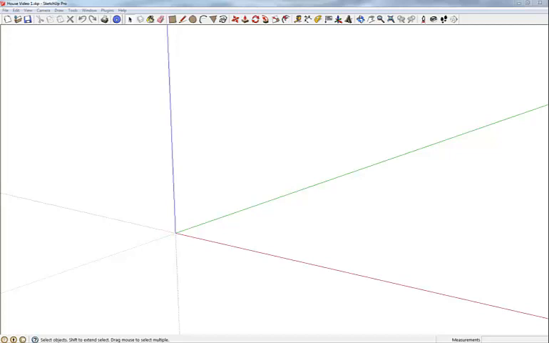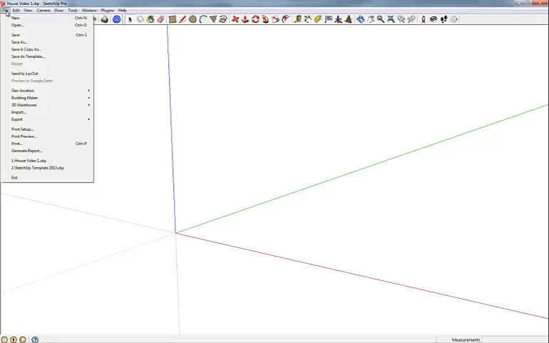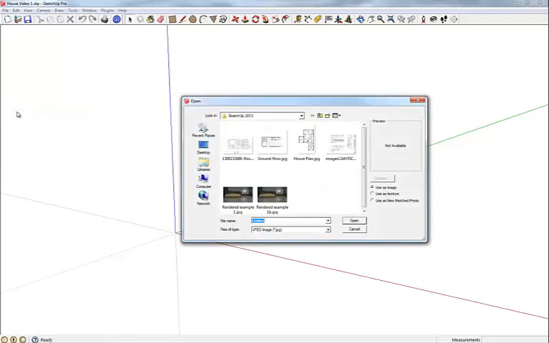This session will take you through importing images into SketchUp and easily being able to scale them. First of all, you need to locate the image that you're looking at bringing into SketchUp. So you do that simply by going to the File drop-down menu at the top, click on File, go about halfway down to Import, click on Import, and you'll notice a dialog box comes up similar to most software programs